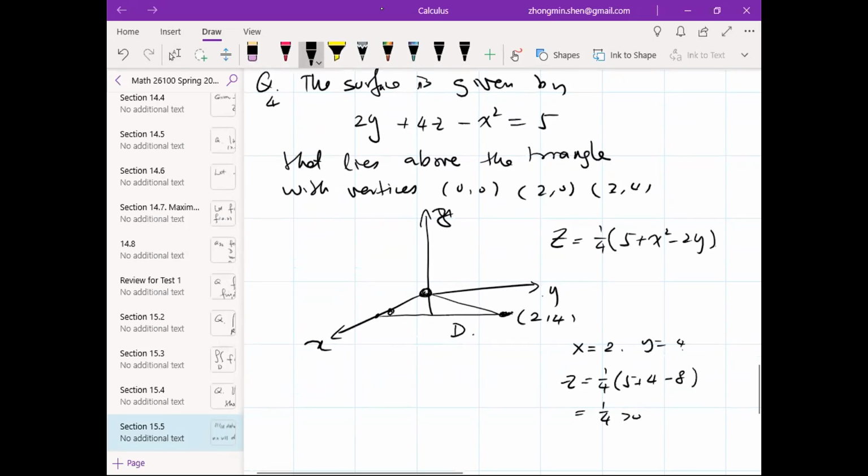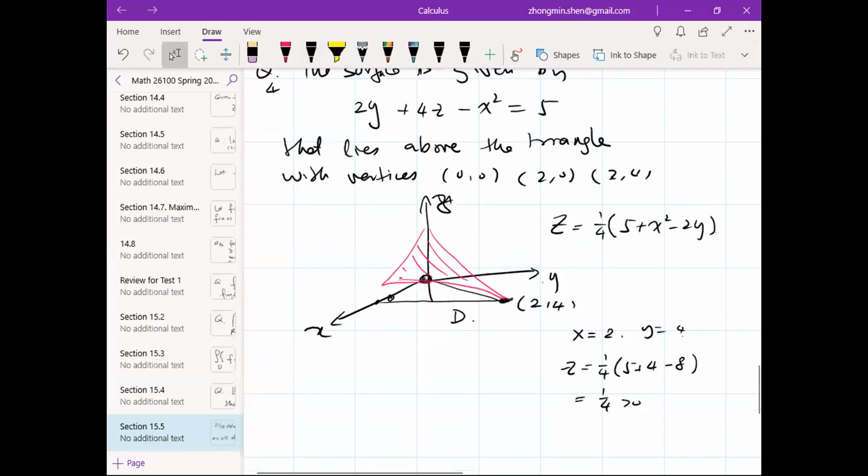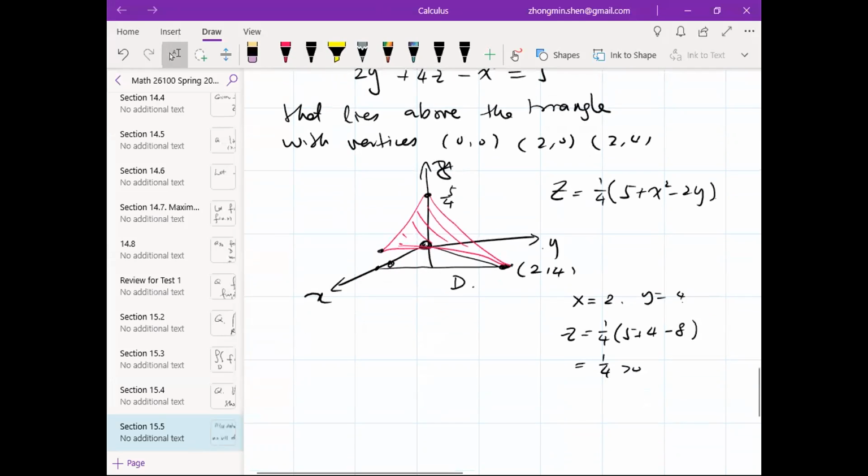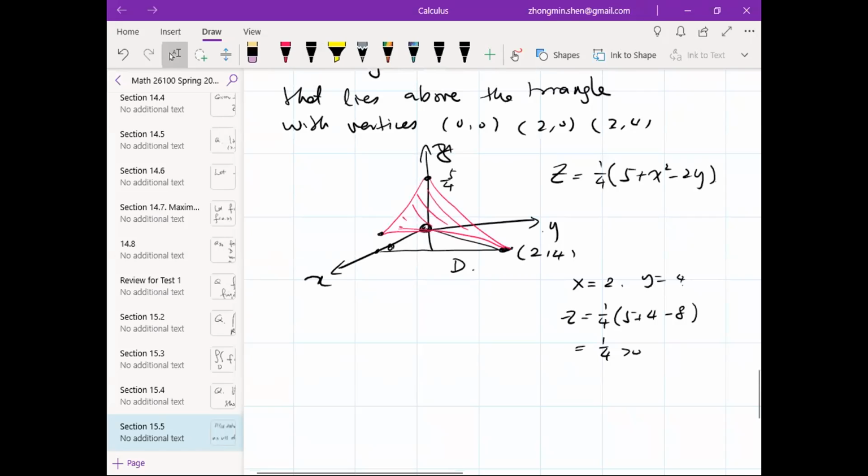It's harder to draw. Anyway, it's a surface. Pieces like that, okay? So this is a point 5 over 4, and this is a height when x equals 2. No, it's not a perfect graph, okay? We're supposed to be high at this point. But anyway, this is a sketch of the graph, and we want to find the surface